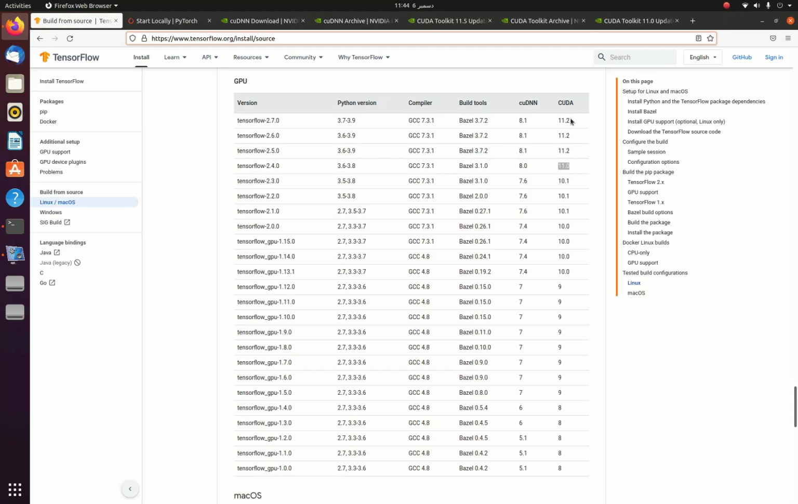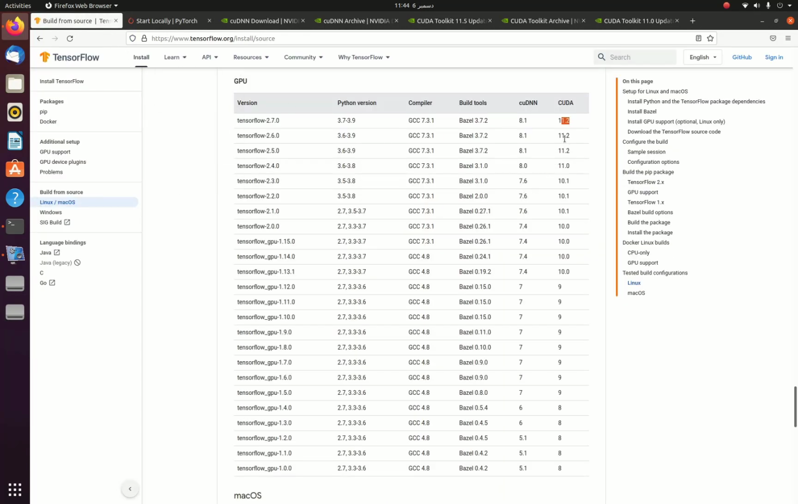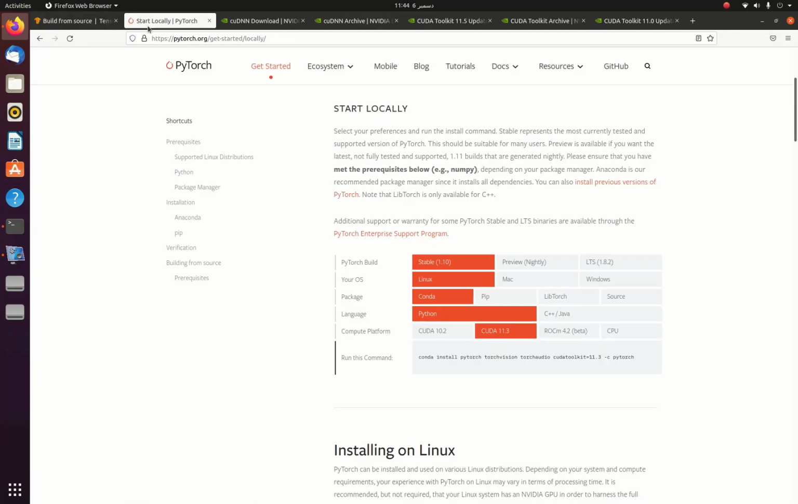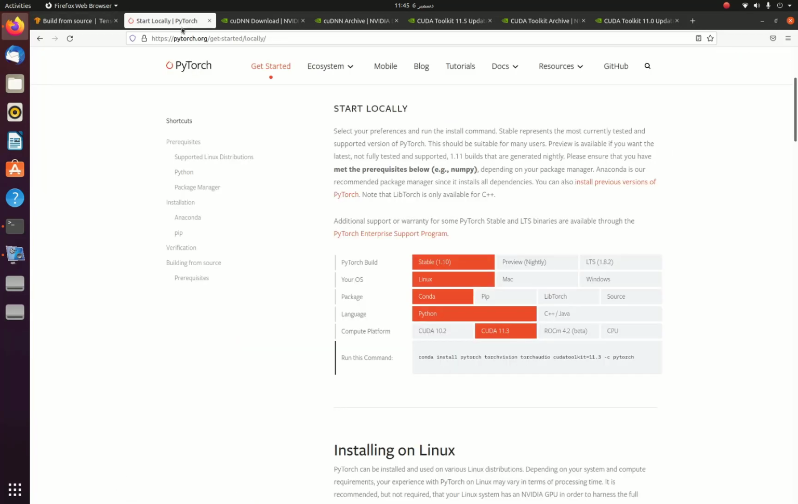In TensorFlow, the supported CUDA version is 11.2, the latest one, and in PyTorch, the latest support is 11.3. PyTorch doesn't support 11.2 fully, and TensorFlow doesn't support 11.3. So we have to get a CUDA version which is supported by both PyTorch and TensorFlow. So I will use 11.0. It is supported by both PyTorch and TensorFlow, and for that we have to install TensorFlow 2.4.0, and for PyTorch